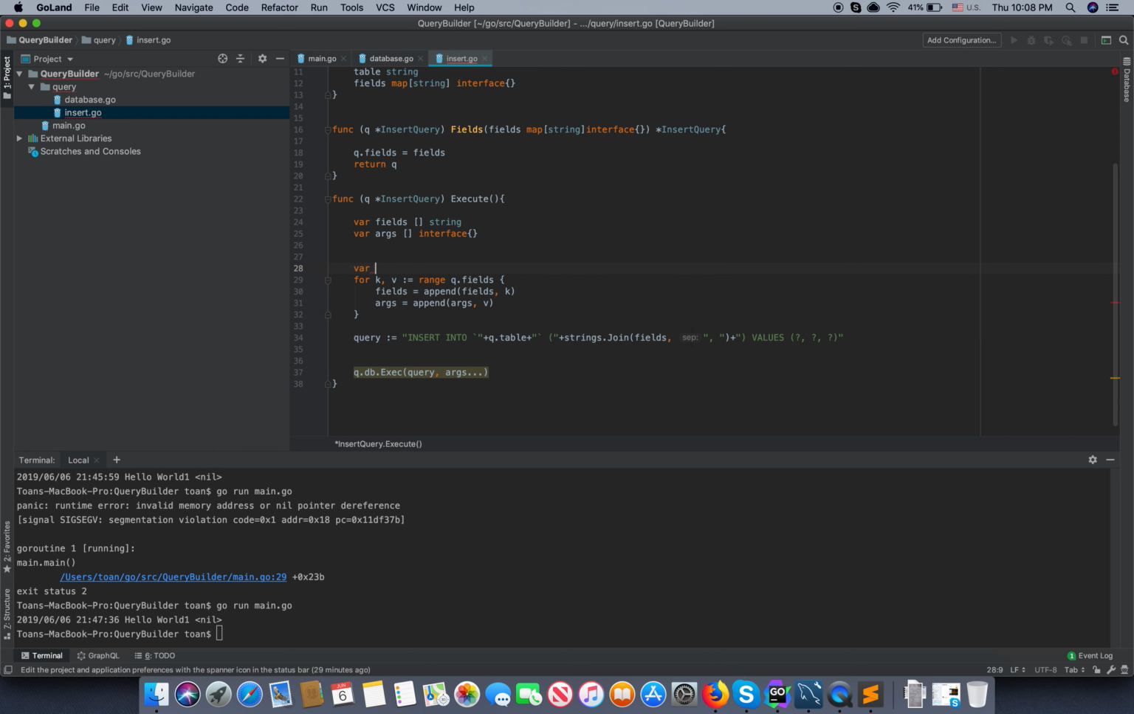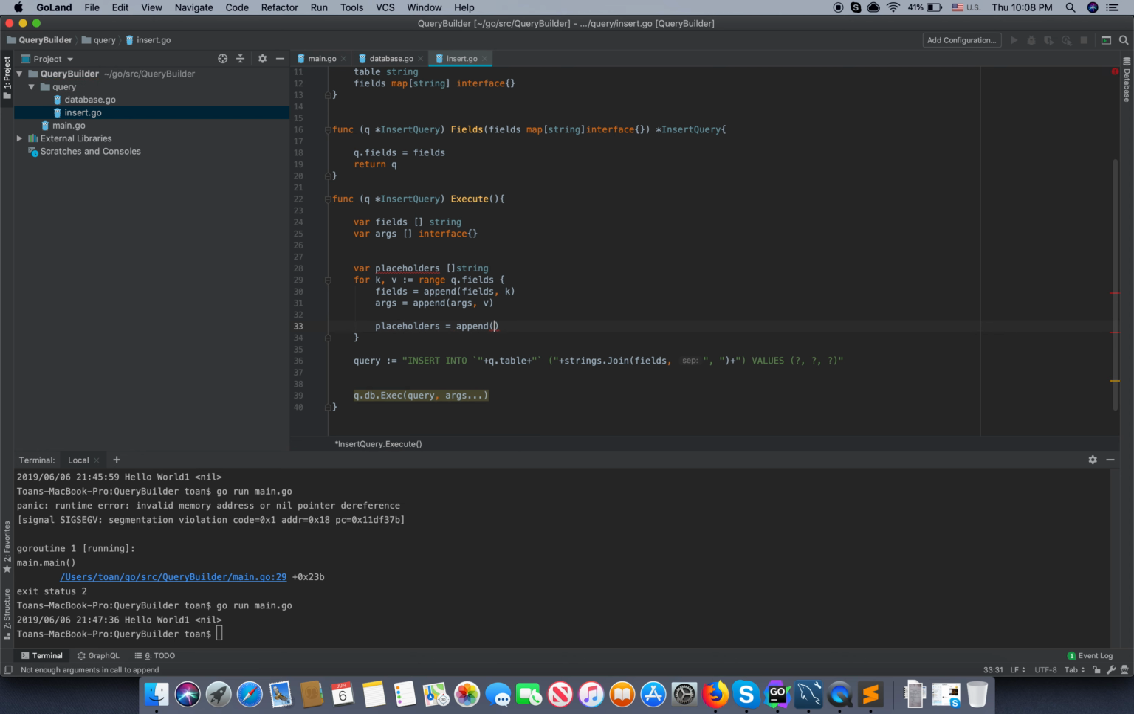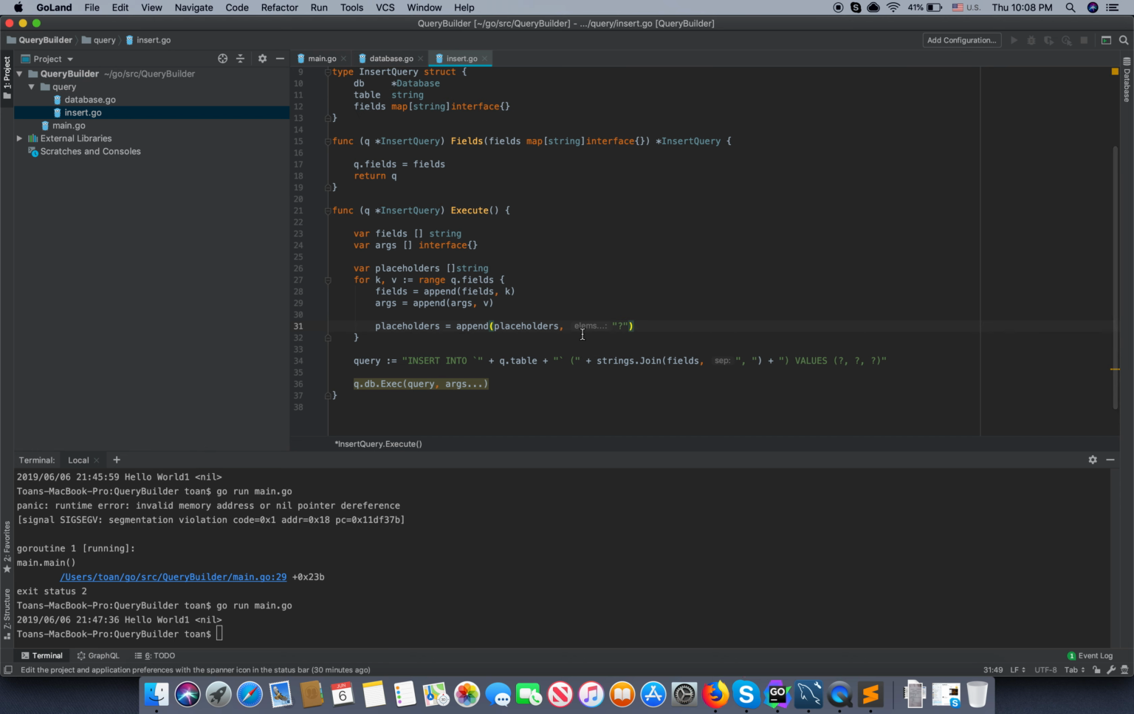So I'm going to var placeholder equal an array of string, and as the field we have a placeholder equal append placeholder, and we should append like that. Sorry, it should be a string. And we are going to do join it, strings.Join placeholder with